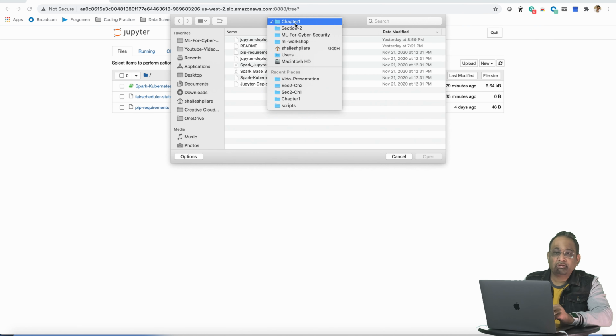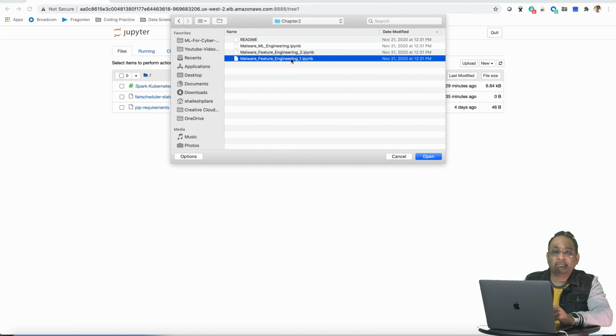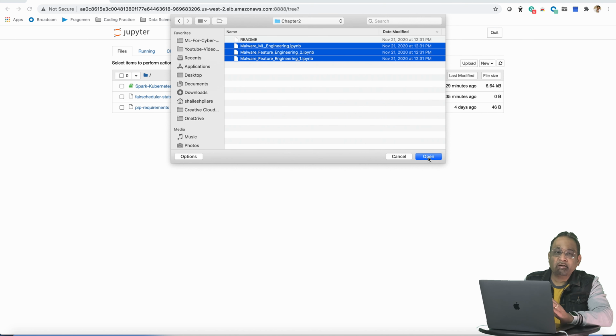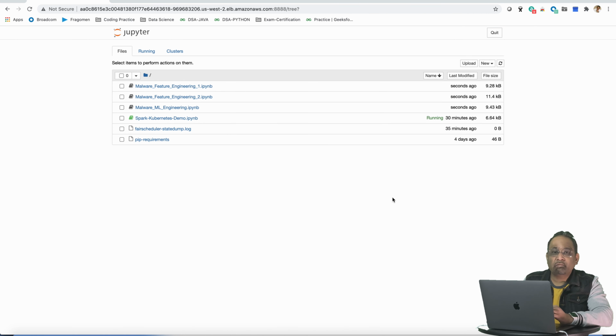Before executing all these notebooks, let's try to understand why we have broken these notebooks into 3 steps and why we are calling them feature engineering and ML engineering respectively. In real life, when we implement an ML pipeline, it goes through several stages, and at each stage it consumes the input data either from the previous stage or from some external source. After processing the input data by applying some feature engineering or machine learning transformation, it stores it back to a reliable storage system from where it can be further processed and picked up by the subsequent stages.